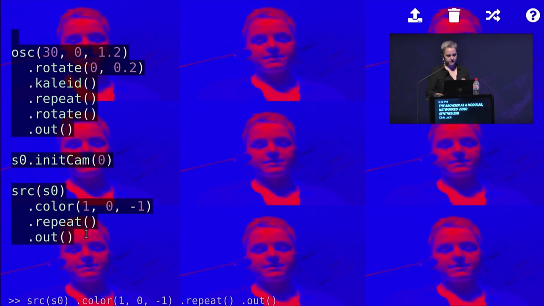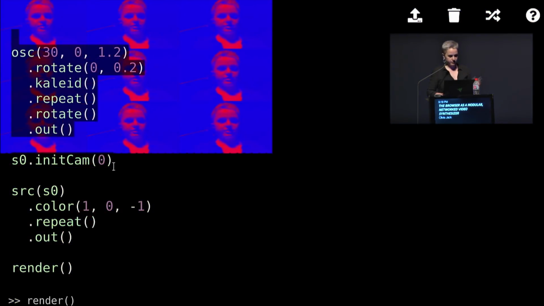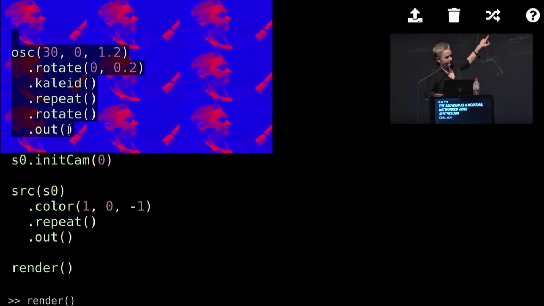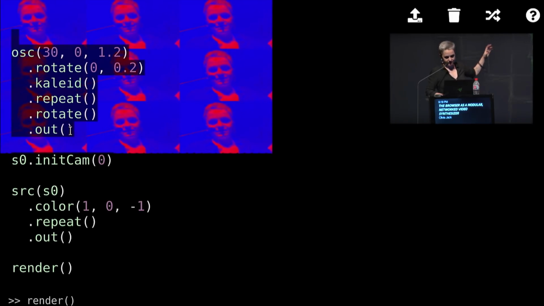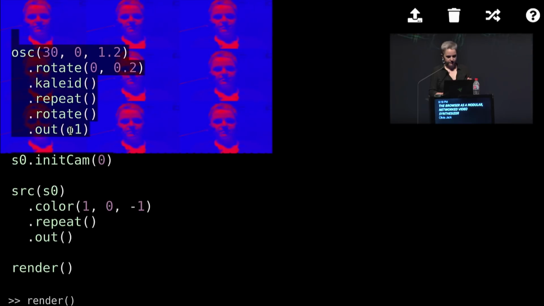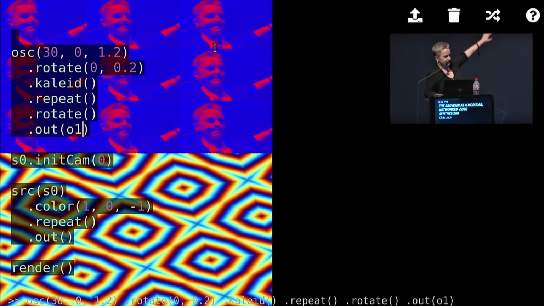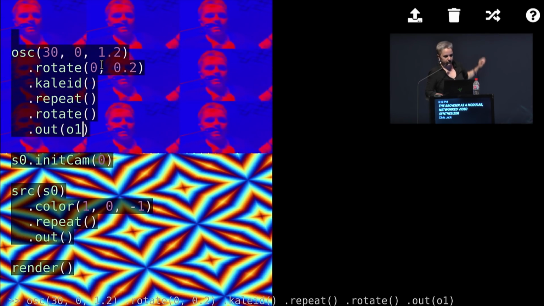But with that whole analog synthesizer, there's all these options for patching things into each other. And so in this system, in order to be able to do that, I actually have 4 virtual outputs with different names. And so I could send the oscillator, instead of to the first screen, to the second screen, which in this case has a name O1.